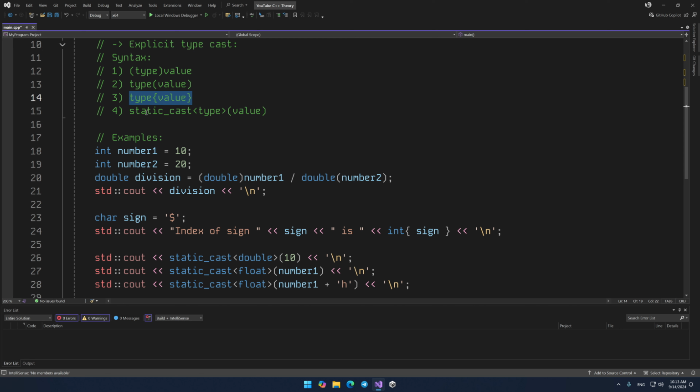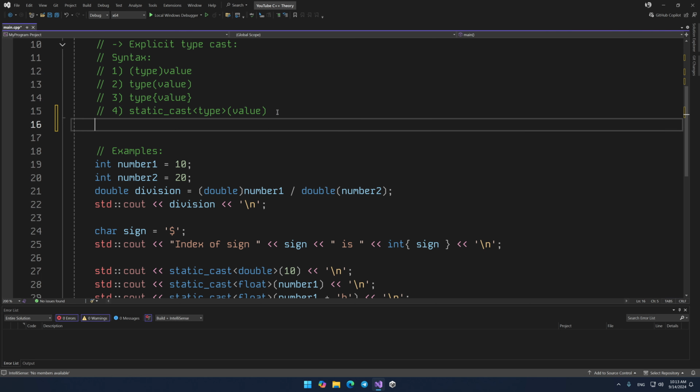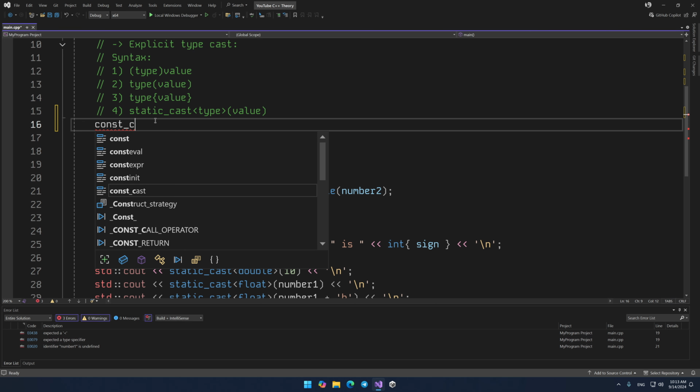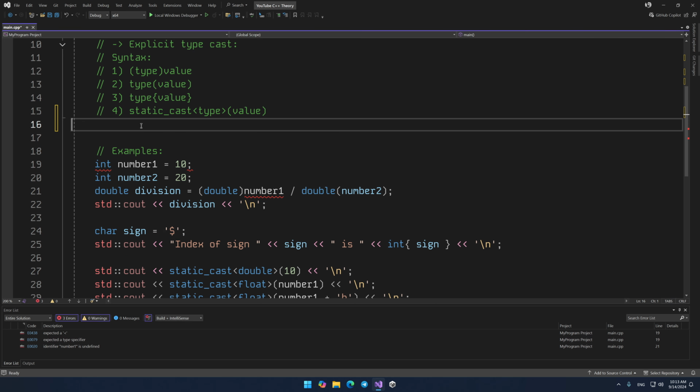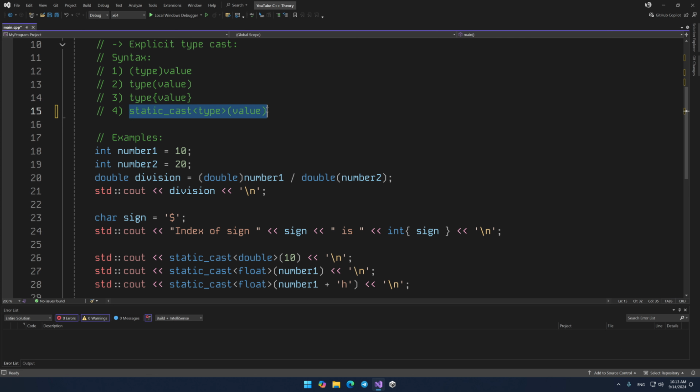And the last fourth option is to write such a long expression: static cast, type, value. There are four more keywords in C++: static cast, dynamic cast, const cast, and reinterpret cast. We'll have a separate lesson about each of them because they all involve typecasting, but they do it differently. Static cast in our regular examples does the same thing as the first two options, which is to simply cast one data type to another without checking the type safety. You can choose any option you like and use it.